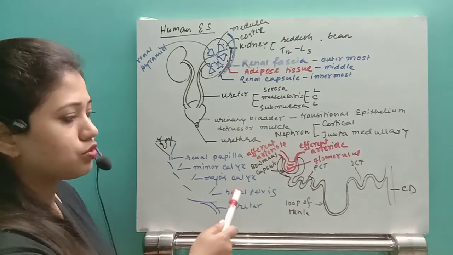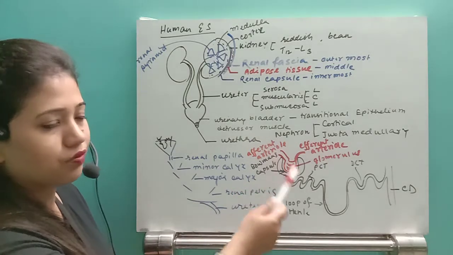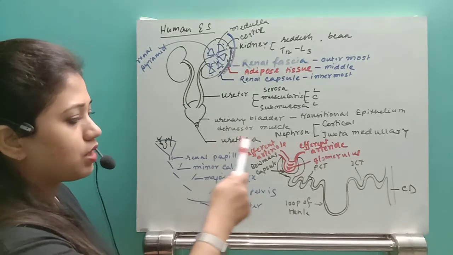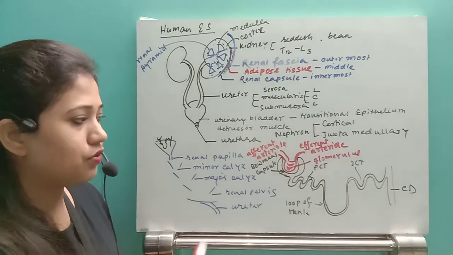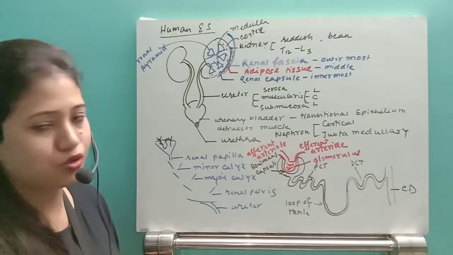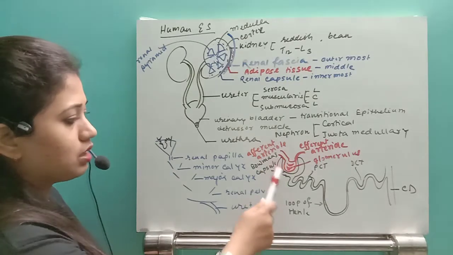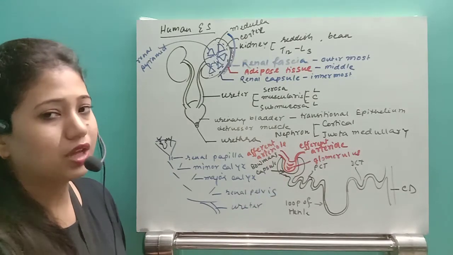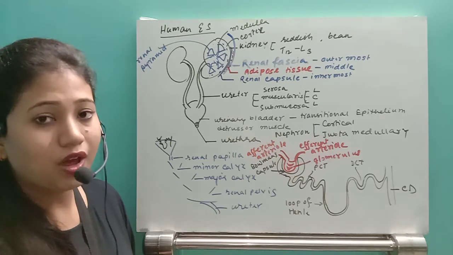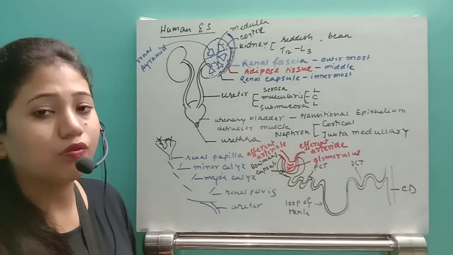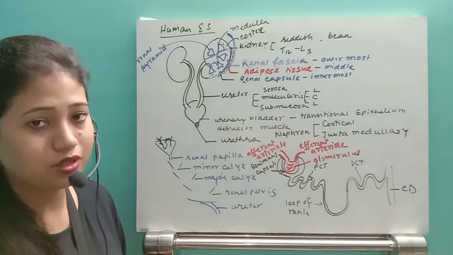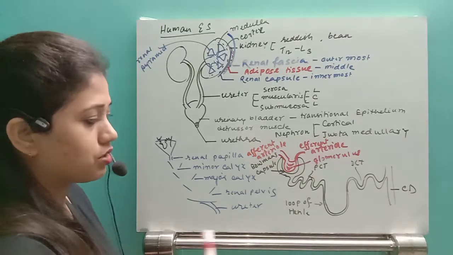This nephron is going to have these structures. First of all, the cup-shaped structure, Bowman's capsule. In the Bowman's capsule, the afferent arteriole enters and the efferent arteriole exits. You can see the afferent arteriole has more diameter and the efferent arteriole has less diameter. In this region, the afferent arteriole branches so that it can increase the surface area for filtration. In one day, we produce around 180 liters of nephric filtrate, filtered in each 24 hours. So this is the glomerulus.